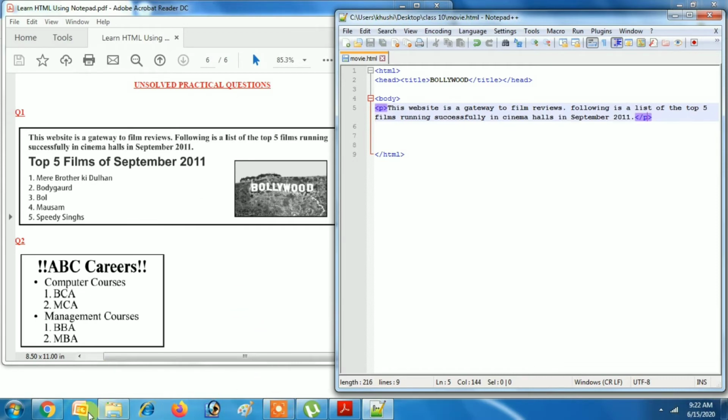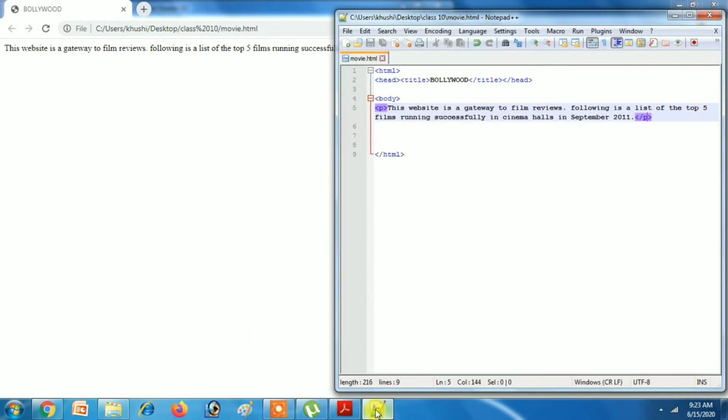Let's see the output in the web browser. It is Chrome. On my laptop Chrome is the default web browser. So whatever is the default web browser in your PC you can use. Here you can click on this button to refresh. Otherwise I use the shortcut F5. We can use shortcut F5 to refresh, or you can also use this button to reload the program in the browser.